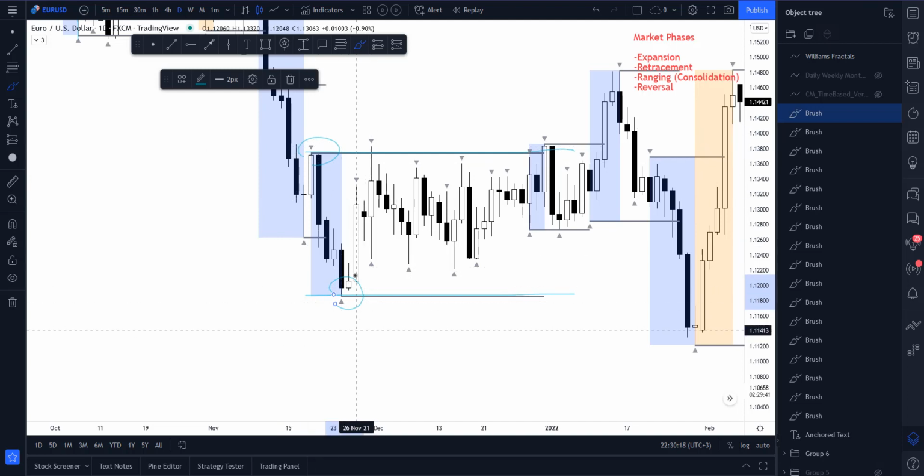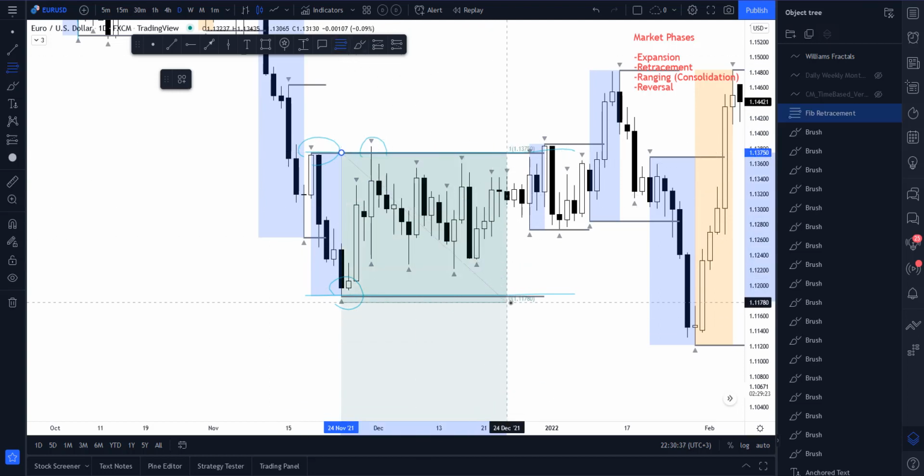Okay, price respects the range of the market structure. The low of the market structure will be protected, in terms of not being broken, and the high will be protected in terms of not being broken. It could be taken like a raid, but it will not be broken. So in this type of scenario, when we have a ranging market condition, what I do is I mark